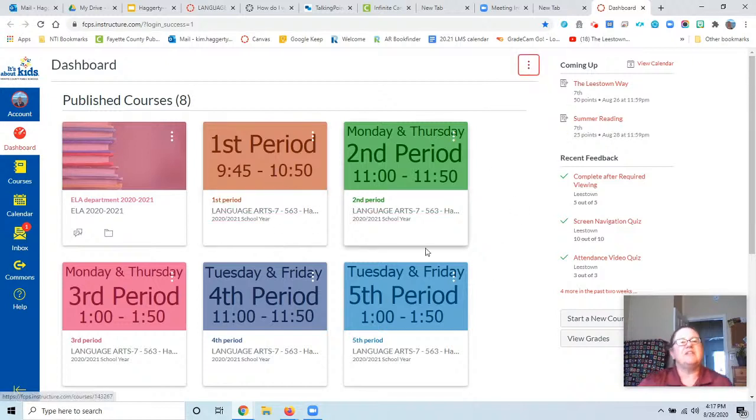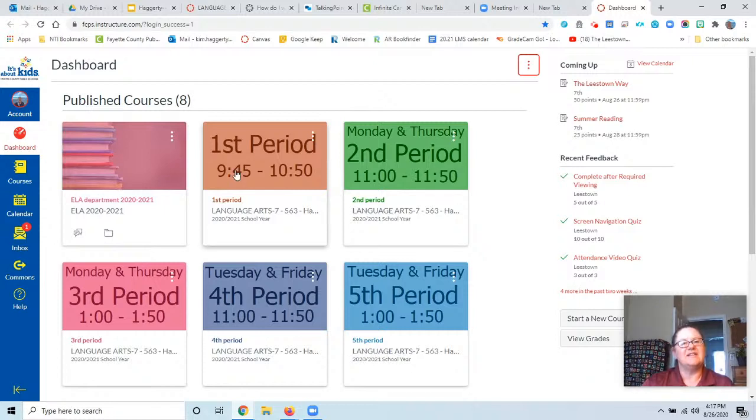Now, these will tell you what your classes are. Mine are all in order and they're all language arts classes because, well, I teach language arts. But you can see which classes and what time they are and the days. So if you don't have your schedule and everything all together yet, this will at least tell you your schedule and when you need to meet. First period, every day. Now at 9:45, you're actually going to be watching the morning announcements on the YouTube channel. And then at 10 o'clock, you'll come into the Zoom for first period.